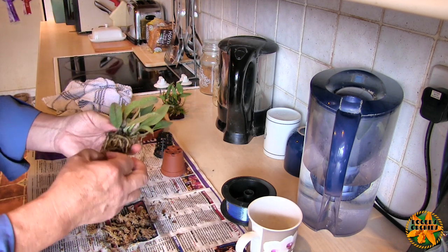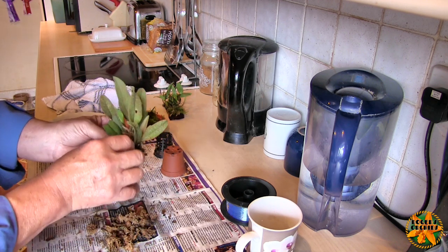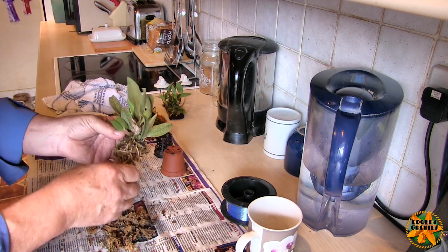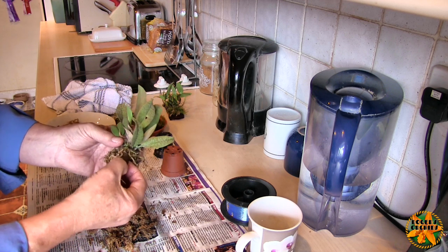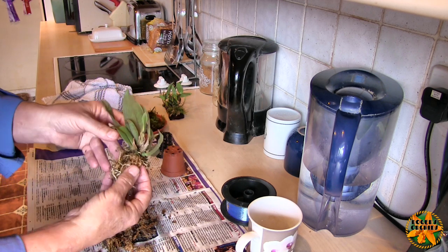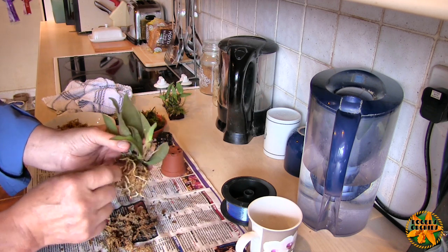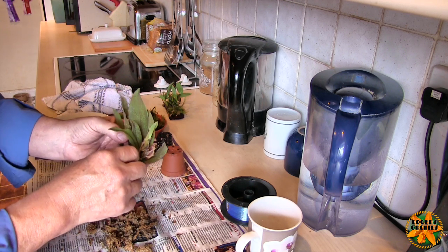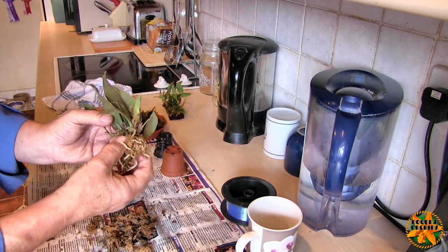I think what's happened on here is it's had some fresh moss put round the base of the plant, and the stuff around the top's just been left. So it's coming out quite easy, and it's leaving behind a nice root system with active growing tips. Now for doing one of these, that couldn't be a better time. But rather than poking around, these roots are quite brittle,